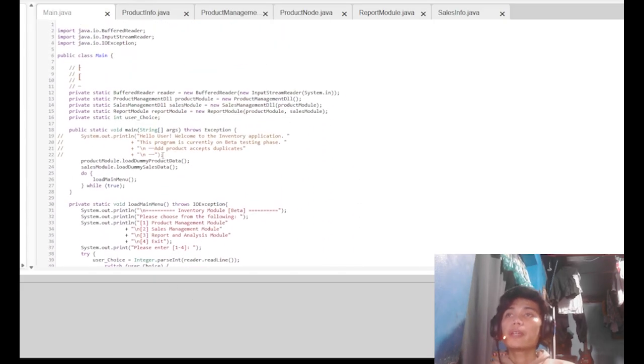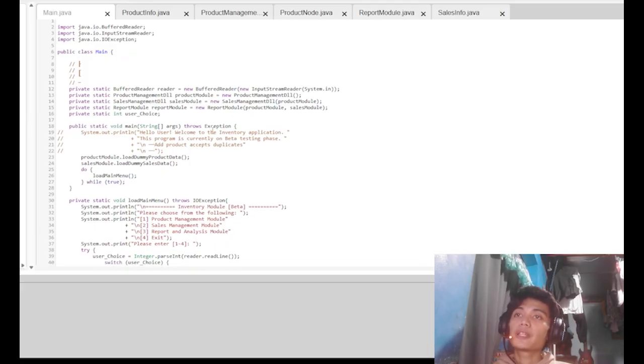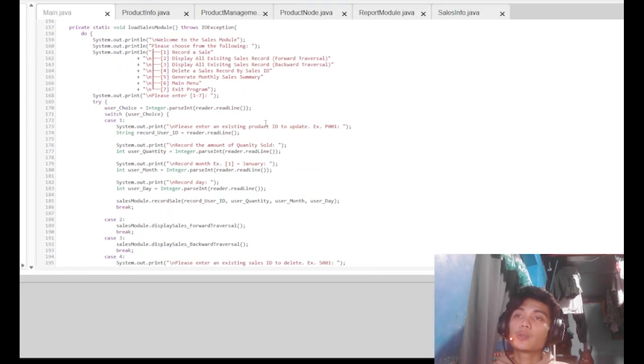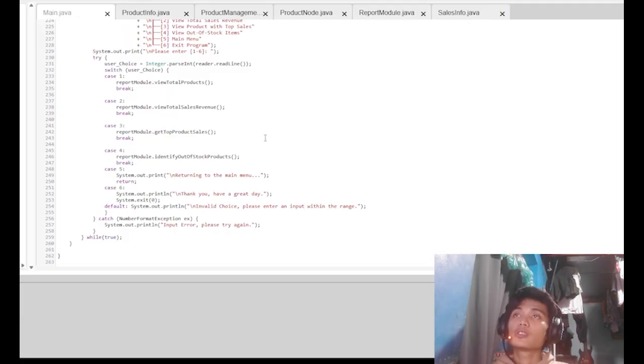We also implemented a switch case for the menu-type program. So I think that should be all.